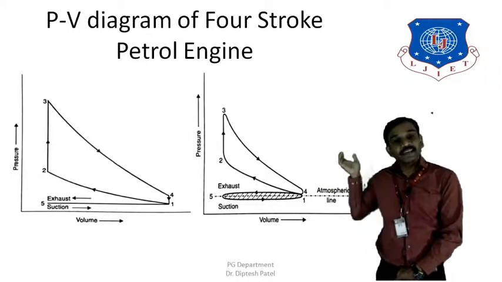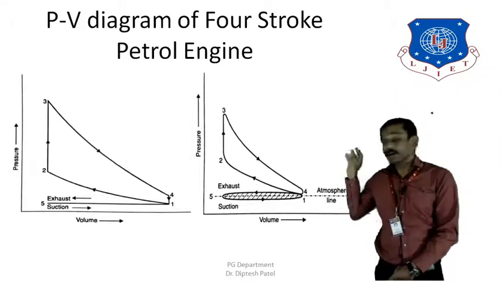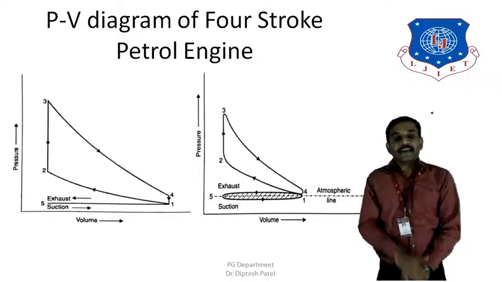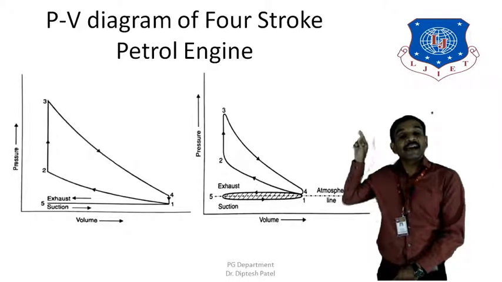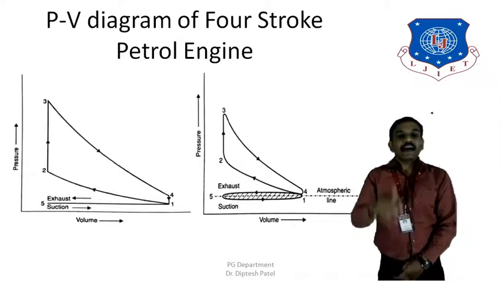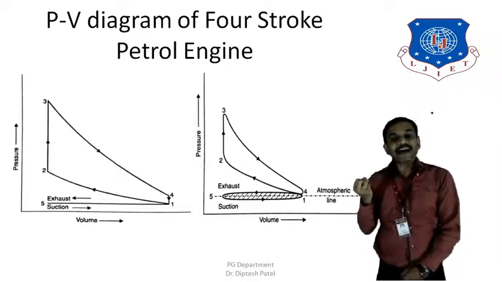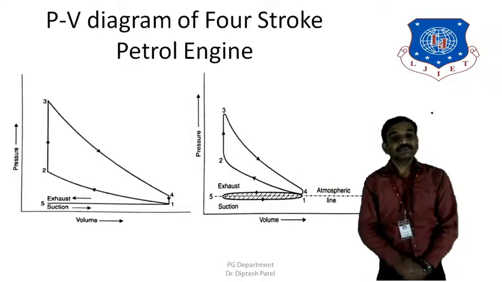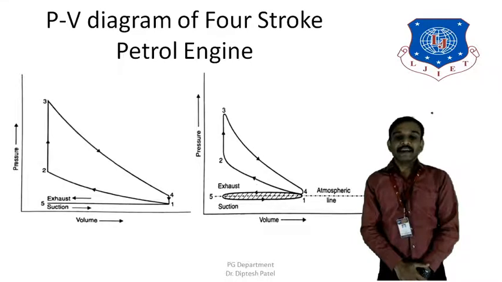Then 2 to 3, sorry, that is the compression stroke. Now at that point the air and fuel would be ignited at point 3, and due to that high temperature and high pressures are generated, so the pressure remains at its highest level at point 3. Afterward the power stroke is obtained. So 3 to 4 is the isentropic expansion, and then 4 to 1 is the exhaust gases leaving into the atmosphere, and that would certainly be higher than the atmospheric pressure.